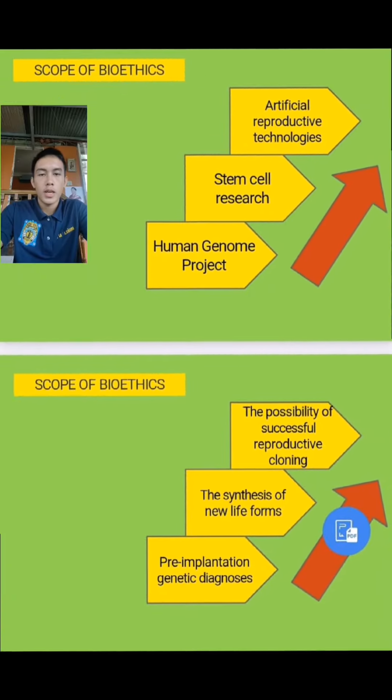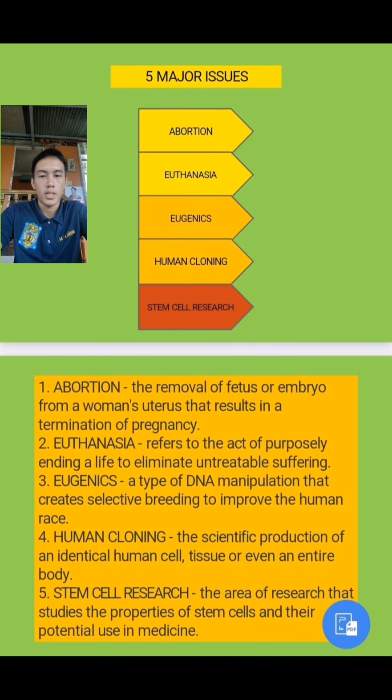Good day everyone, I am Nico Brunella from Group 5 and I'm about to report the scope of bioethics and the 5 major issues. So what is the scope of bioethics? It is artificial reproductive technologies. It has stem cell research and the human genome project. It has a possibility of successful reproductive cloning, and it has synthesis of new life forms and pre-implantation genetic diagnosis. So let's go to the five major